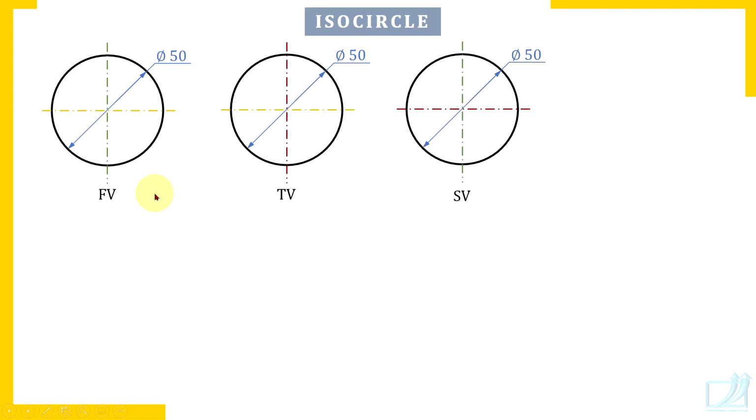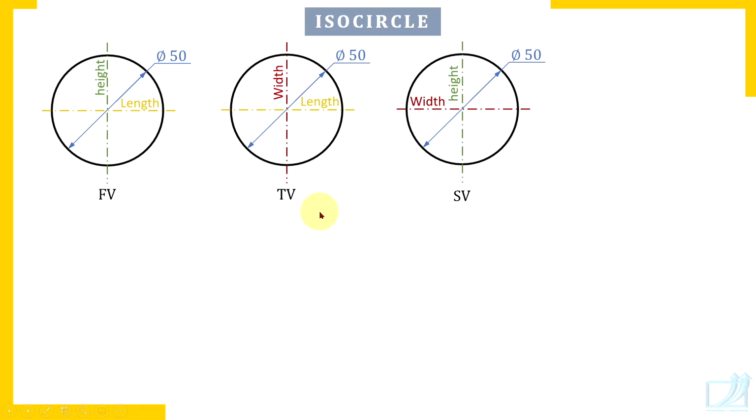Now you must be knowing that out of three axes, three dimensions, length axis, height axis and width axis, only two axes appear in an orthographic view. So in front view, you get length horizontally and height vertically. In top view, you get length horizontally but width vertically. And in side view, you get width horizontally and height vertically. So orthographic views are two-dimensional views.